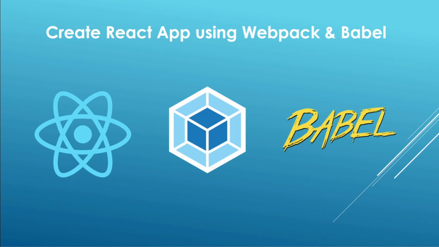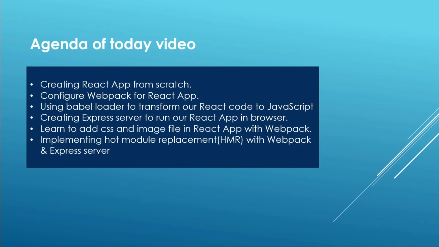So let's see the agenda of today's video. We will be creating a basic React application absolutely from scratch. We will be using Webpack to configure our React application. We are going to use Babel to transpile or transform our React code into JavaScript. So we will be using Babel loader in our Webpack configuration, and we are also going to configure a Babel RC file in our project. Then after that we are also going to use a custom Express server to serve our React